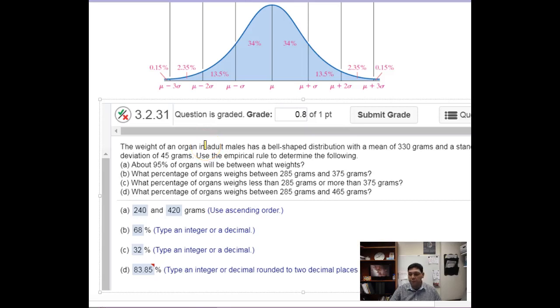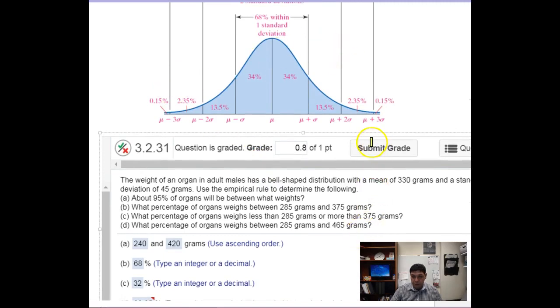Another important concept from lesson 3.2 is the empirical rule and how standard deviations are applied to the world and how we make decisions or come up with some answers to things about the population of interest. On this problem here, 3.231, you're given some data. It's bell-shaped, so it has a normal distribution, or again, a symmetric distribution. We know the average of the population is 330, and the standard deviation is 45